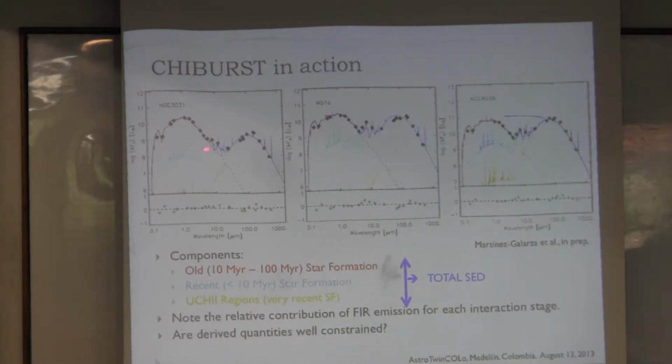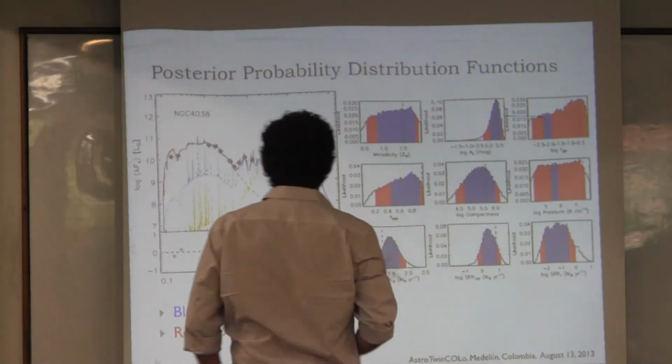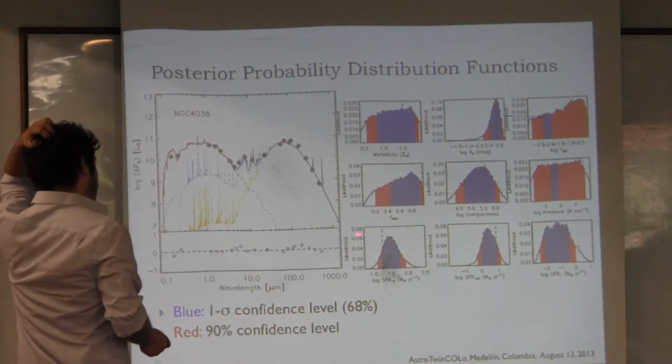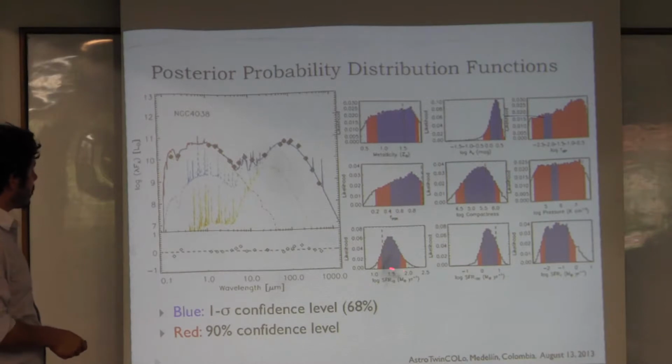And I want you to realize that depending on the interaction systems, there seem to be different contributions from all of these systems. And now we're trying to understand how the global properties of these galaxies relate to the properties of the H2 regions within them by using the models I have explained to you. So this is how the actual probability distribution looks like for a particular fit. So basically what you have here are the different parameters of these models. For example, the compactness, the star formation rate in the last 10 million years, the star formation rate in the last 100 million years, and the very recent star formation as traced by these ultra-compact H2 regions.